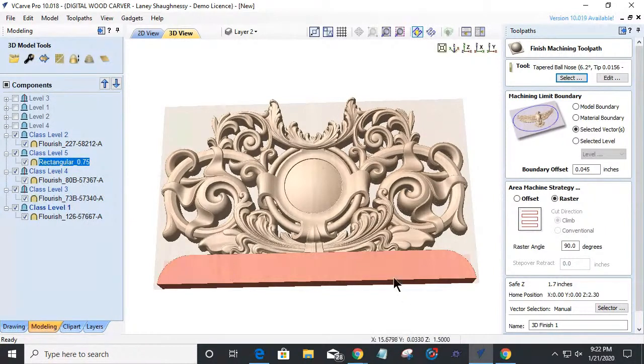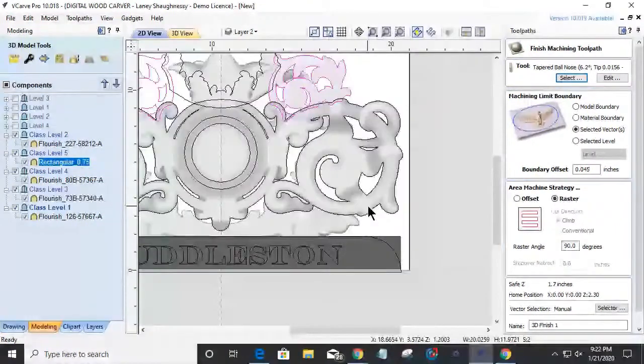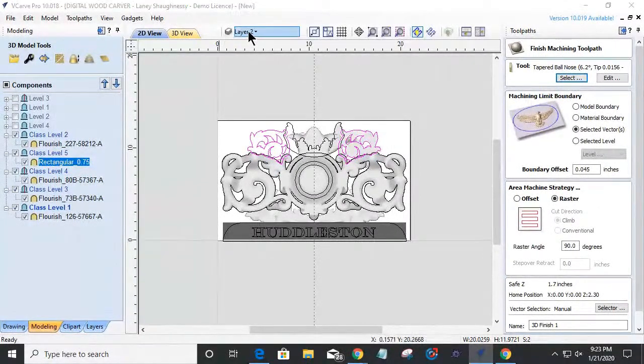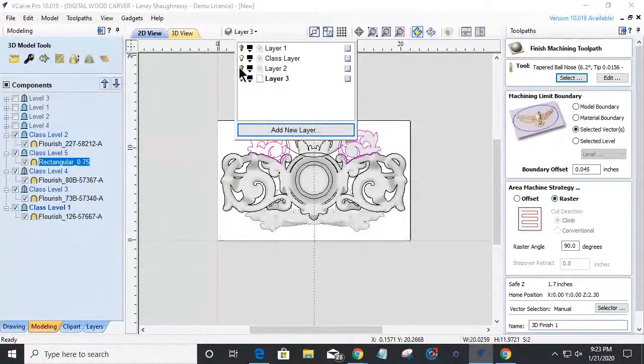On the 3D finish toolpath, I do not need to machine this flat area. I do not need to waste time machining this flat area. Okay, so with the model as a whole, I'm going to create a new layer, and I'm going to turn off